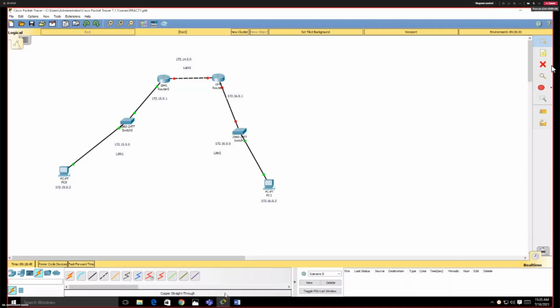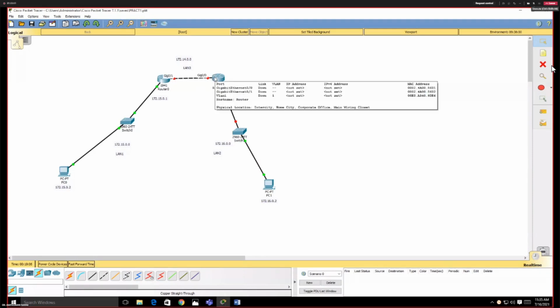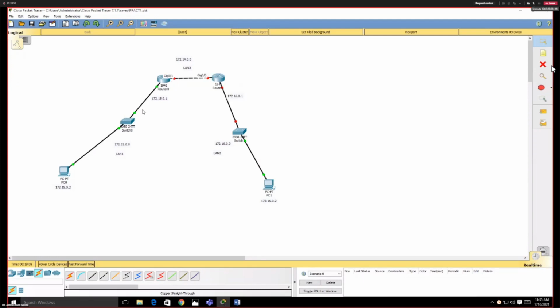Sir, two are individual networks, one for the left hand side and one for the right hand side, and the third one is to connect the left router to the other router. Yes. So this router to router connection requires one more network address, and if for the router to router connection you try to use 172.15 or 172.16, then it will show an error. Network is overlapping. Every active interface of a router represents one network.